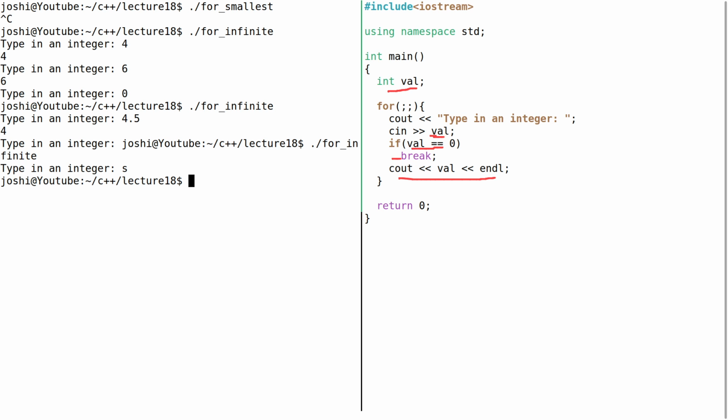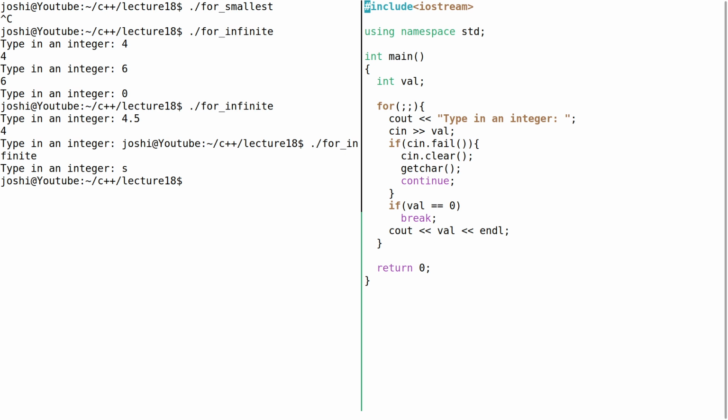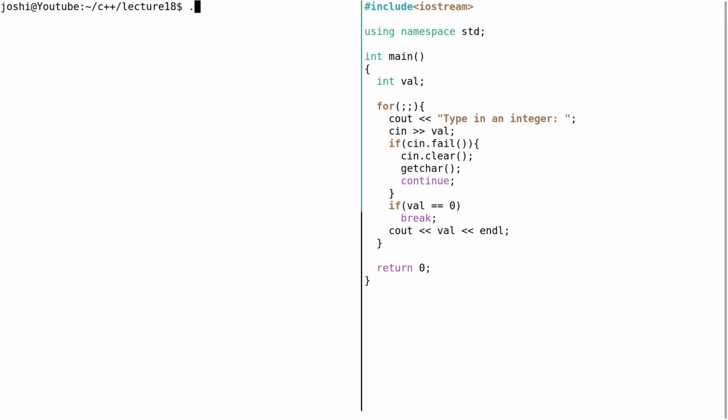Okay, so let me load another program for continue. Let me clear it first, then the for-continue program. Here also we again have a beautiful infinite for loop. Here now I'm saying